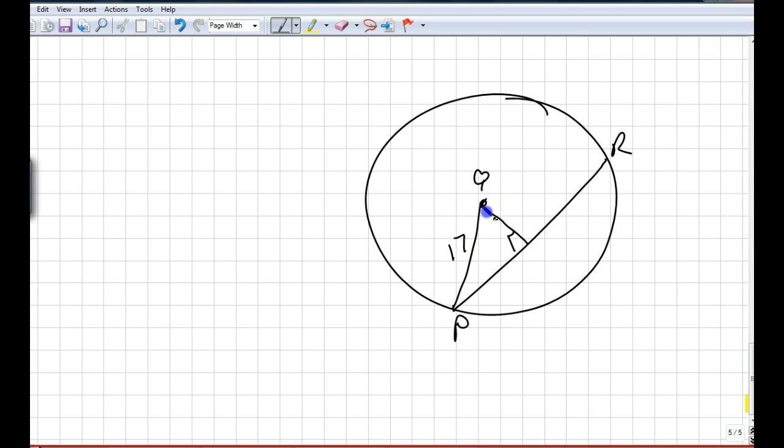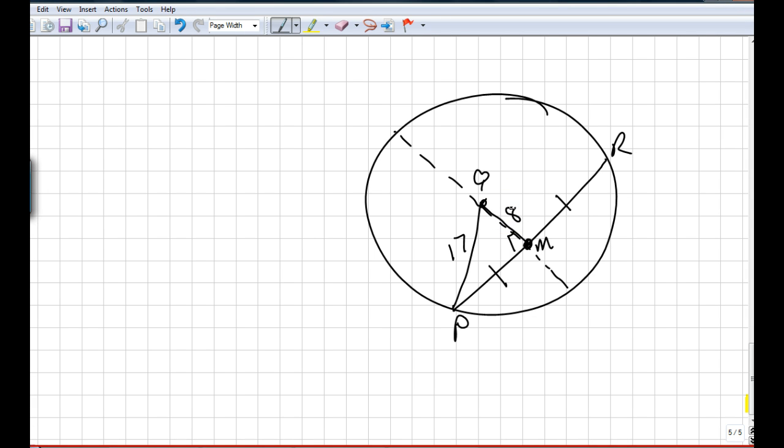Well, if this is perpendicular, it's actually a part of a diameter, so it's perpendicular to a chord, so that means that this is a midpoint, and so that means PM is congruent to MR. Okay, and I know that this distance is 8,